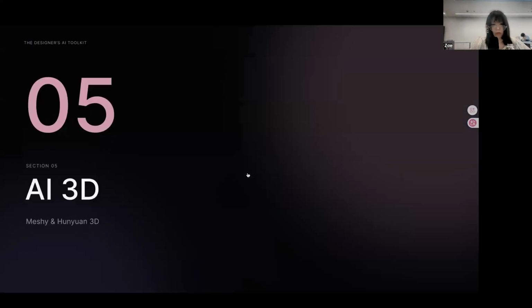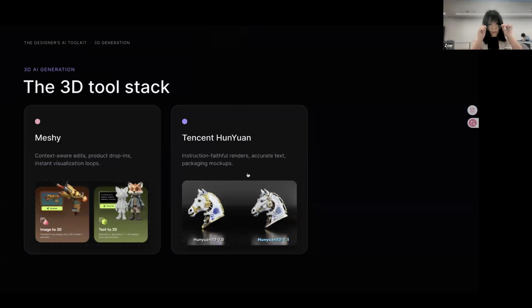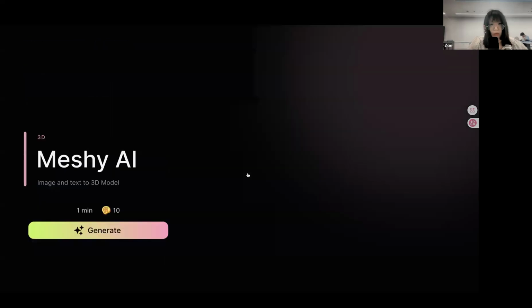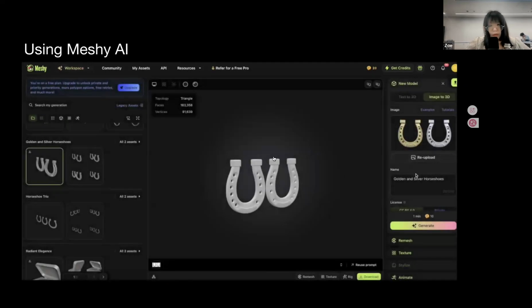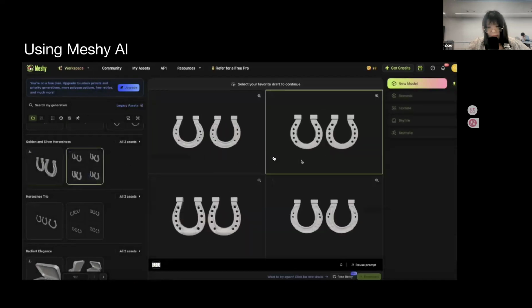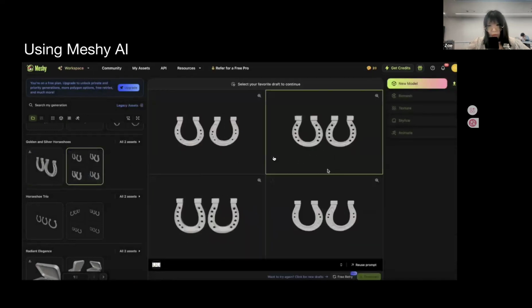Let's talk about the AI 3D toolkits. In this tool stack, we have Meshy and Tencent Hunyuan. Meshy AI, let's take a look at Meshy AI. First, we drop in the image from the internet we have of the horseshoe. Then we feed the image into Meshy AI. After we select the generate feature, it will give